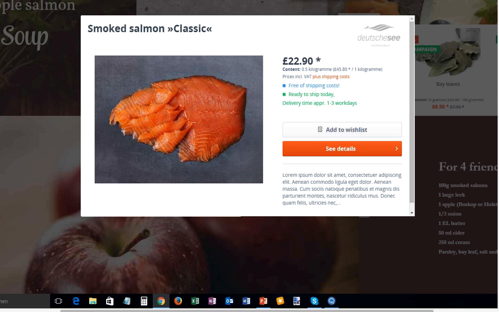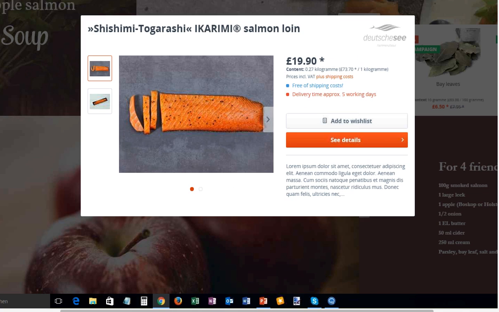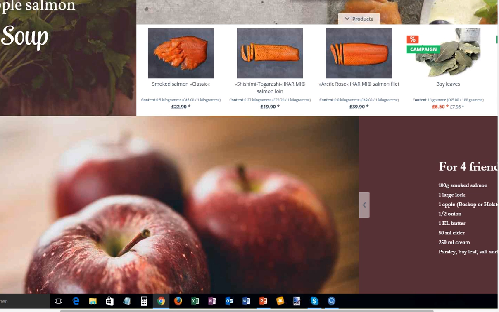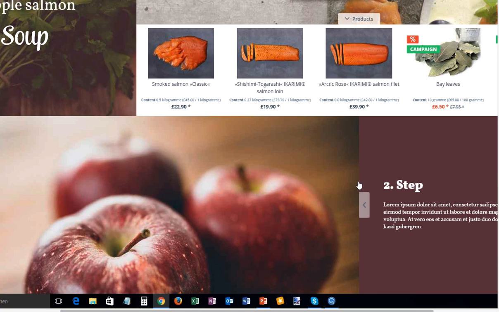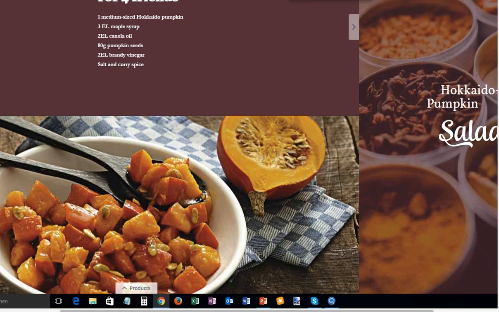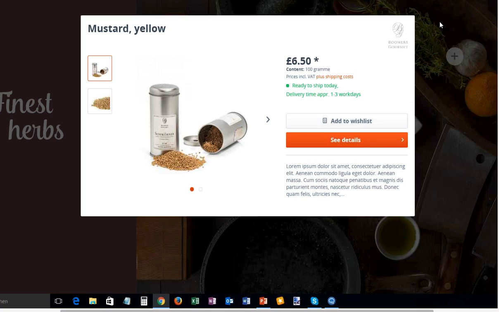As we saw in the presentation, you can easily get additional information about the different salmon, see the details, add to wish list, but you never lose track of the story and the position in the story where you are. Step 1, step 2, I get information about how to cook and for friends, for example. And you can also highlight things